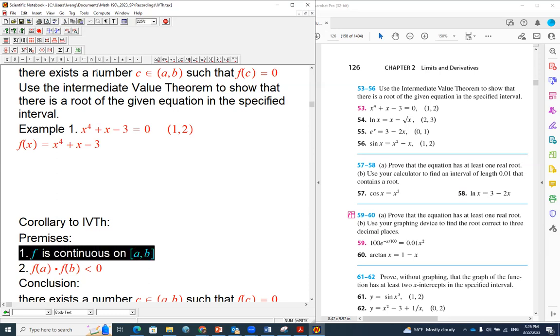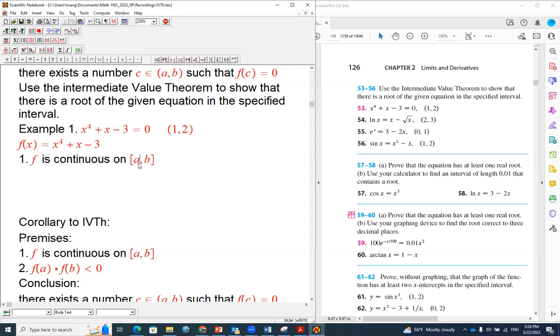So here we can say f of x is continuous on the closed interval 1, 2. Why is it continuous on 1, 2? Because f is a polynomial, and a polynomial is guaranteed to be continuous. That's our theorem number 5 and theorem number 7. So it is certainly continuous on this closed interval. And secondly,